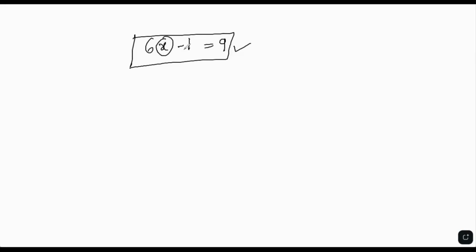So now, through this, the variable is unknown here. Can I know the value of x here? See, 6x minus 1 equals 9. And I want to find the value of x, which is unknown. This is the unknown term, right, Prisha? And I want to know the value of x, because x is unknown here. So what to do, Prisha? How